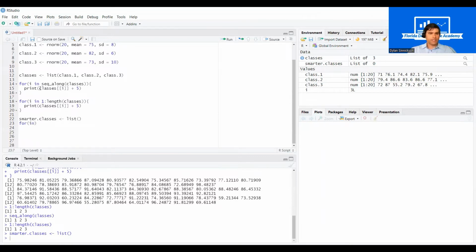So I'm going to use the same syntax that I used earlier for the ith element in this seek along function of classes. See, I can just copy and paste that in here. And then I'm going to open my brackets. And if I want to store objects to a given list or a vector, I'm going to have to first call that list that I'm interested in. And then, because this is a list, we're going to have to use double square brackets. I'm going to call the ith element, and I'm going to set that equal to